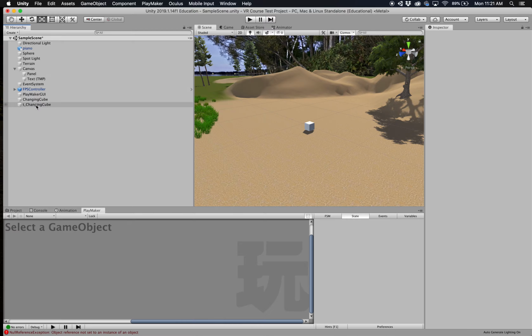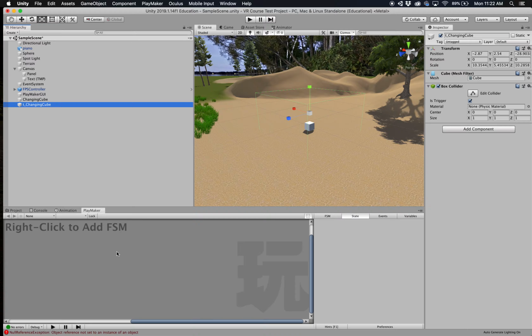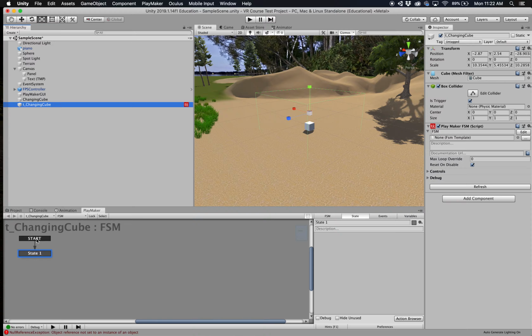So it says select a game object, and we need our trigger area. Now we have to right click to add a finite state machine. So I right click in this gray area and say add FSM. And what this is doing is adding, really this event right here is the start of the scene. So as soon as we come to the scene, our trigger cube will be in